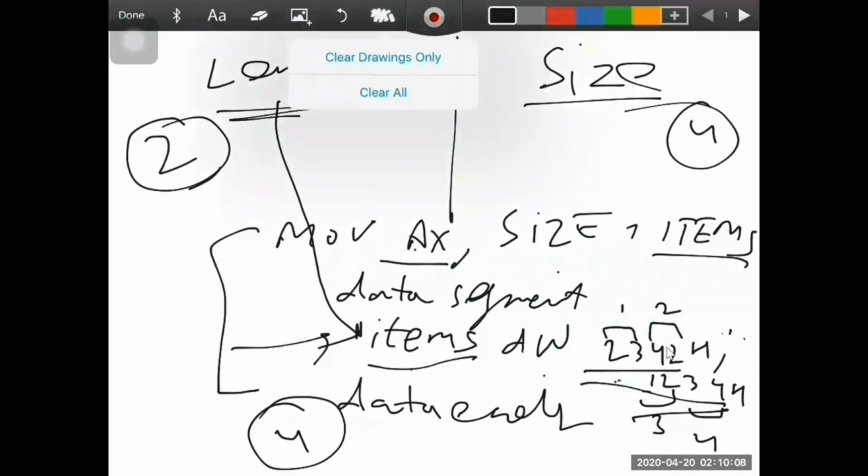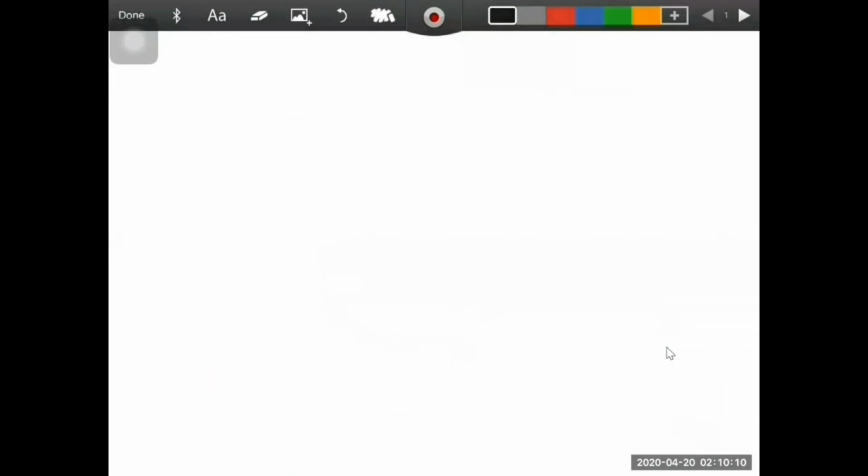Next one is offset. The directive offset informs the assembler to determine the displacement of the specified variable with respect to the base of the data segment. So, for example, N1 DB 23H.